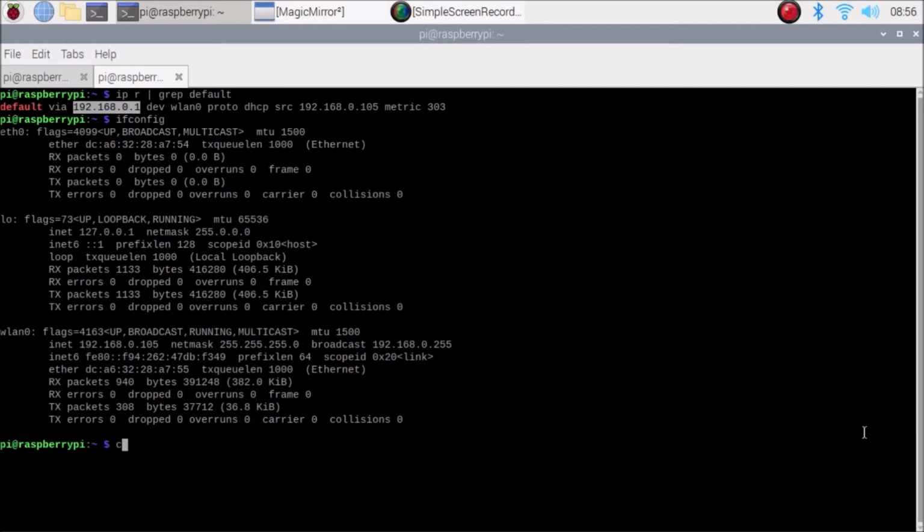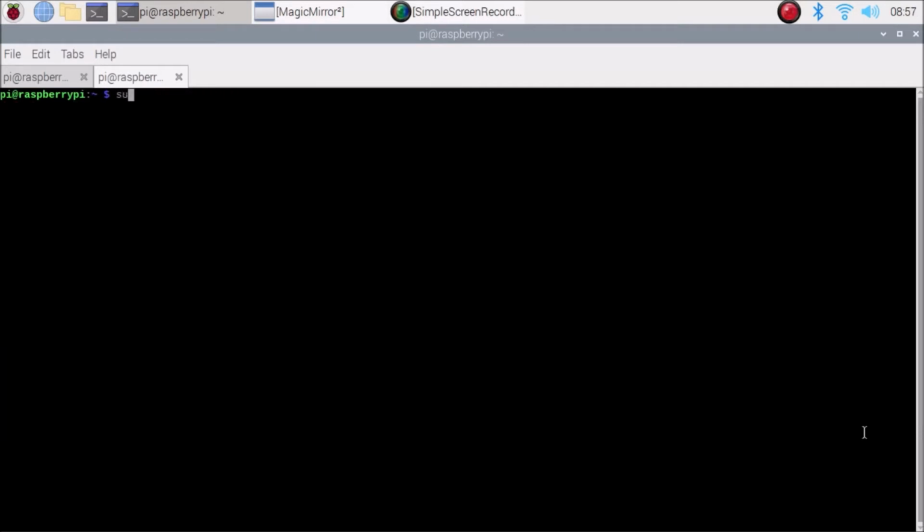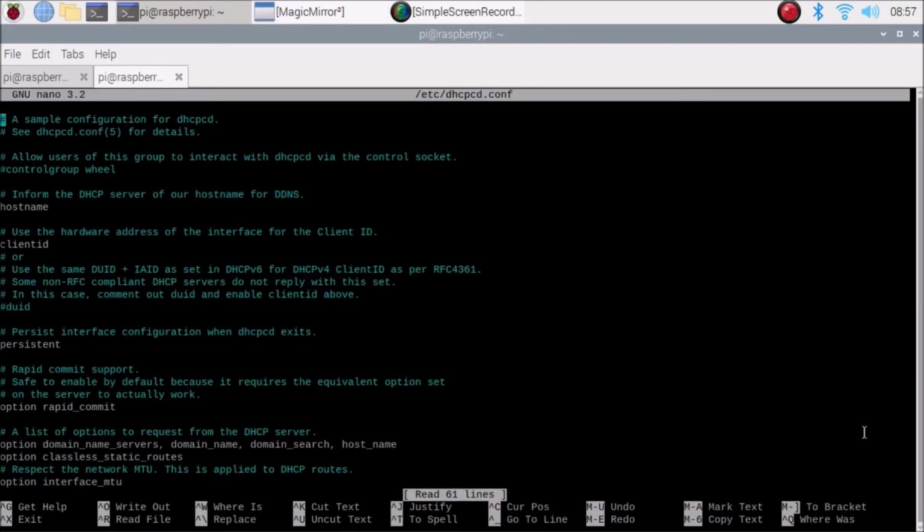Okay, so clear the screen, and we are going to go inside the dhcpcd.conf file. So sudo nano /etc/dhcpcd.conf. This is our file. Just edit it with the nano editor, or you can go with the vim editor.